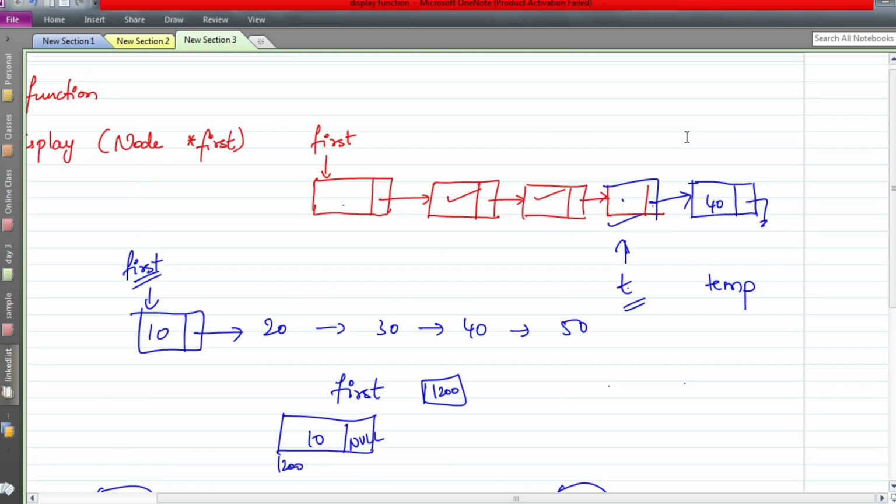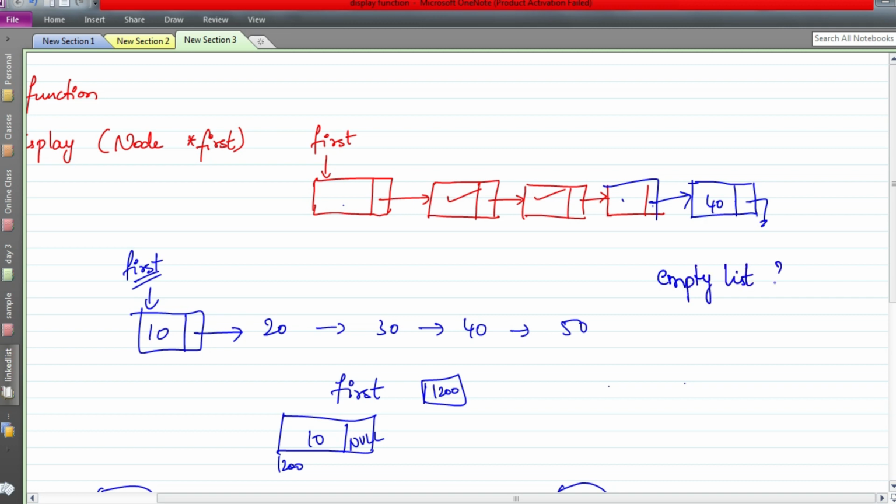Again I am going to consider the same list which already has 1, 2, 3, 4, 5 nodes. Now I want to insert an element at position number 3. So what are the conditions you need to check? First, is the position valid or not? That is what you need to check. So first thing, if the list is empty, then there are no elements. So whatever position number you give, it's going to be invalid, right? So that is one condition that you need to check, that is whether the list is empty.